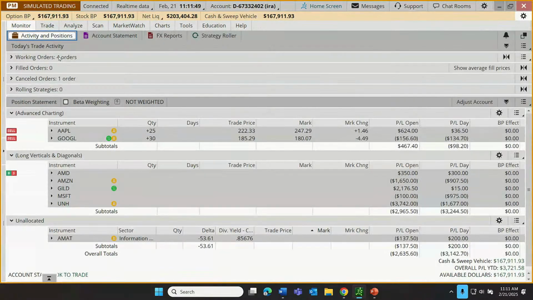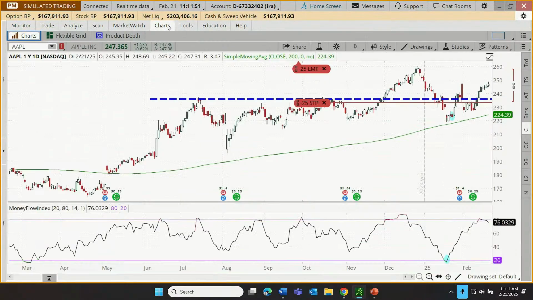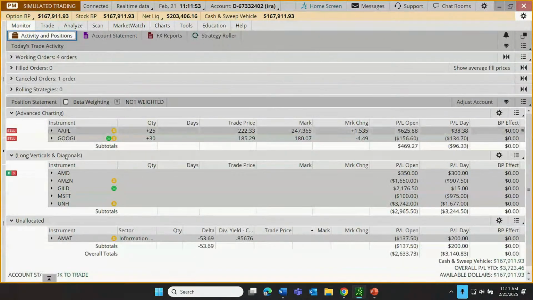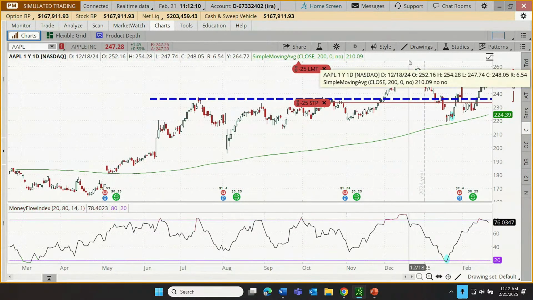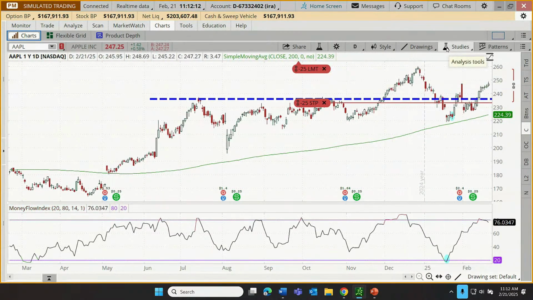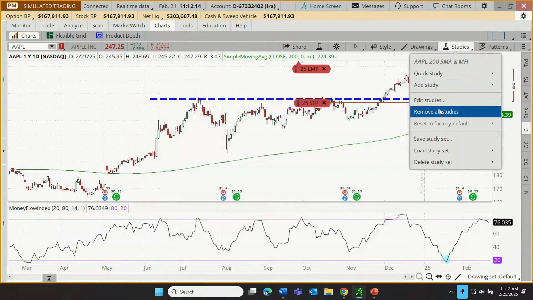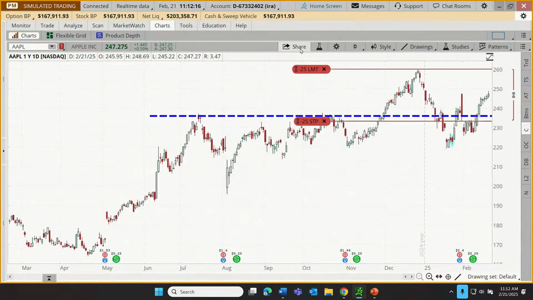Let's go on to our next position. We just did Apple. Let's look at Google. Alphabet. We have 30 shares. Purchased those shares at 180 bucks. Pardon me, 185 bucks. Those have sagged a little bit, down like 2.5 or 3%. Let's see what's going on with Alphabet. Revisit the logic of the trade. See if there's anything we need to do with it. But let's come up here to our studies, and we're just going to remove the current study set. And let's add